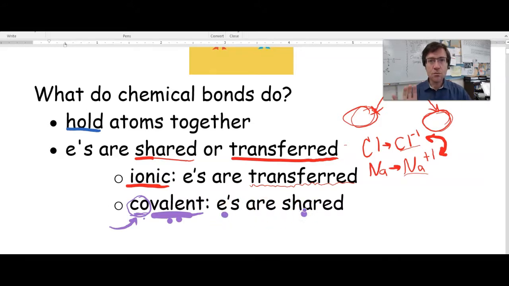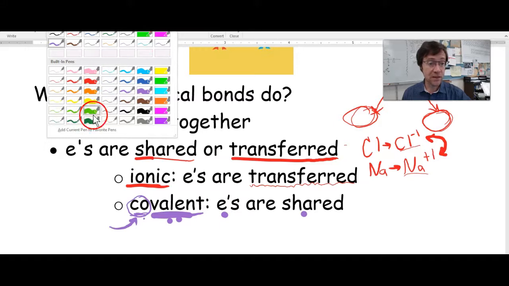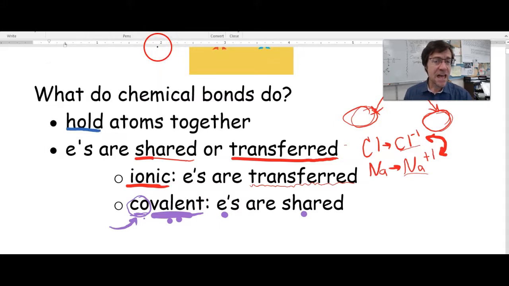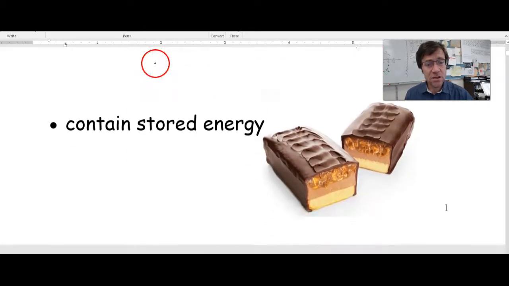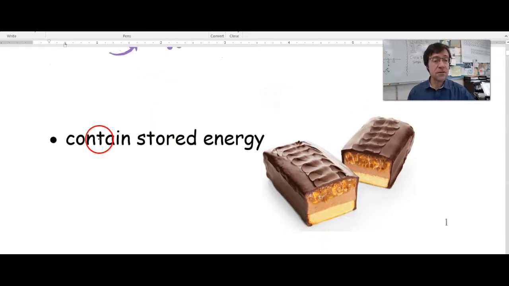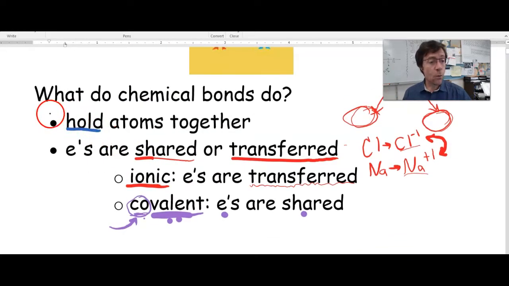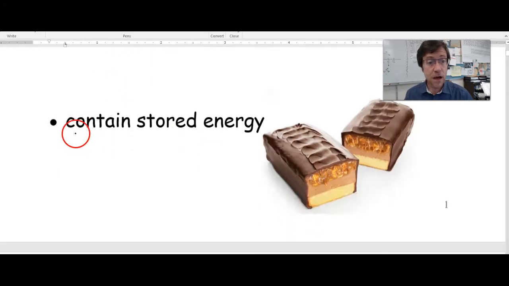So those are our two main types of chemical bonds that we're going to be looking at in this chapter. Are there more? Absolutely there's more. Are we going to dig into them? Eventually, but not too terribly much. And this is the other thing they do. So here's one thing: chemical bonds hold atoms together, and the other thing they do is